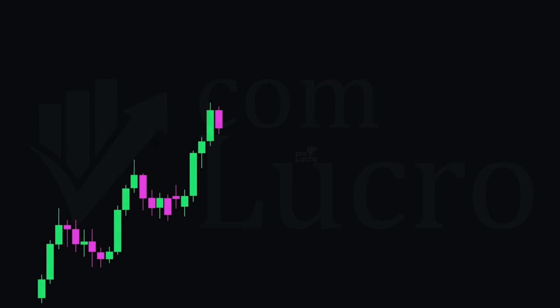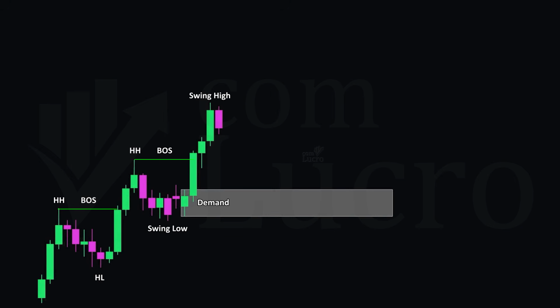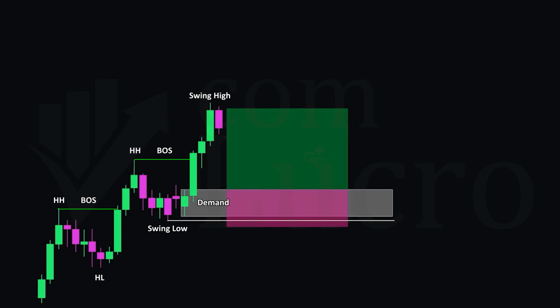Once direction is clear, step 2 is to mark supply or demand zones according to the rules we covered earlier. In this example, the market direction is bullish, so we focus only on demand zones and buy setups. Mark the most recent valid demand zone, place a buy limit at the beginning of that zone, and position your stop loss below it. If the stop is also below the protected swing low, that is even better, as it